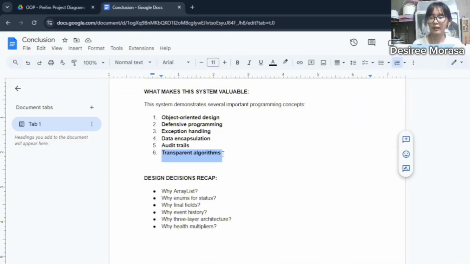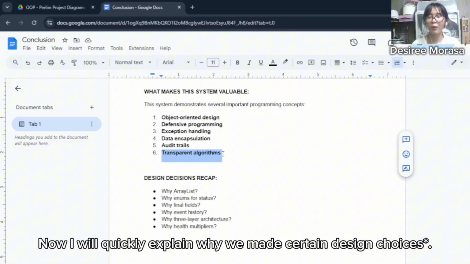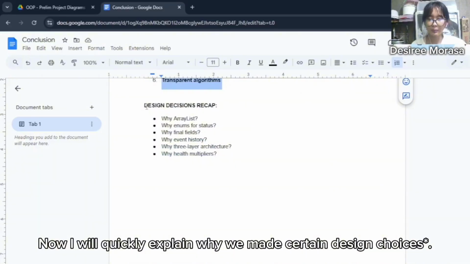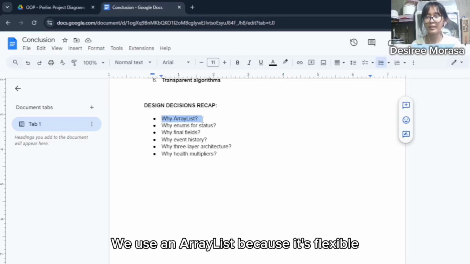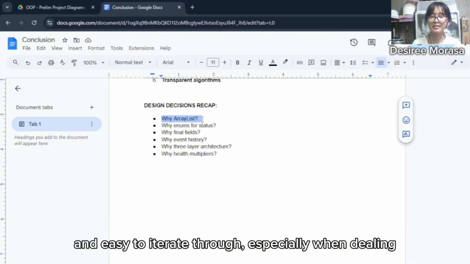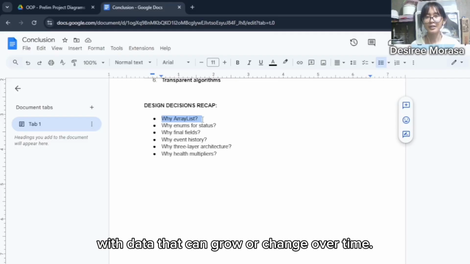For now, I will quickly explain why we made certain design decisions. First, why array list? We use array list because it's flexible and easy to iterate through, especially when dealing with data that can grow or change over time.